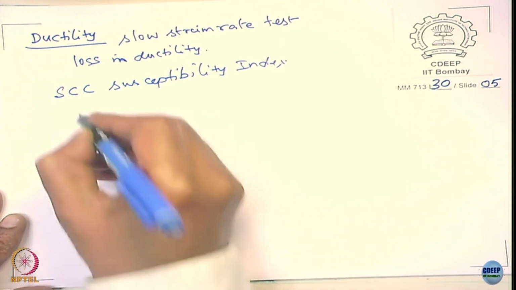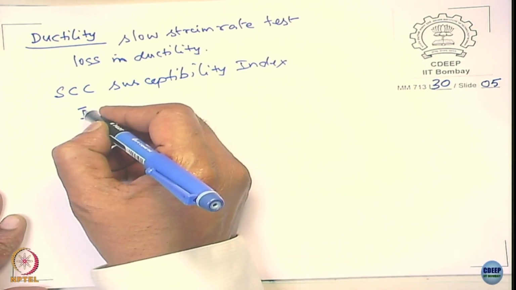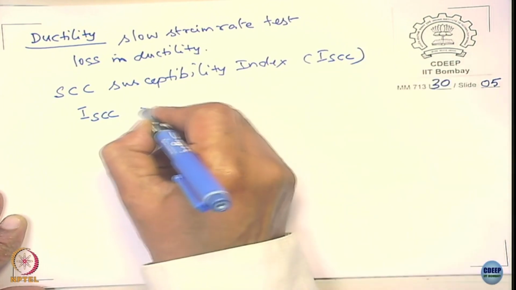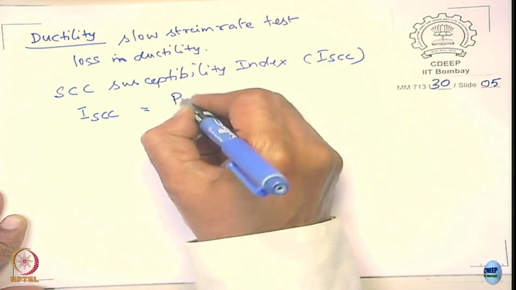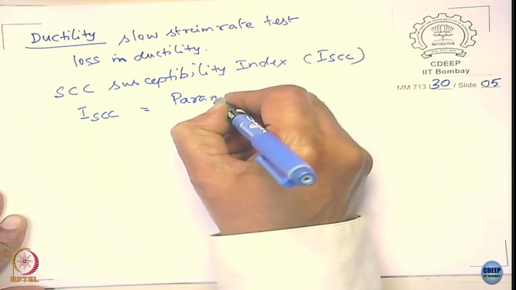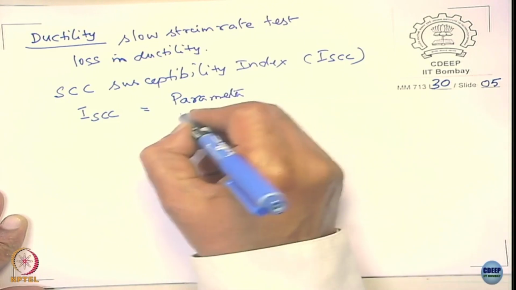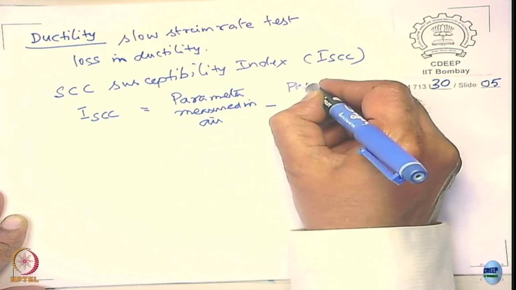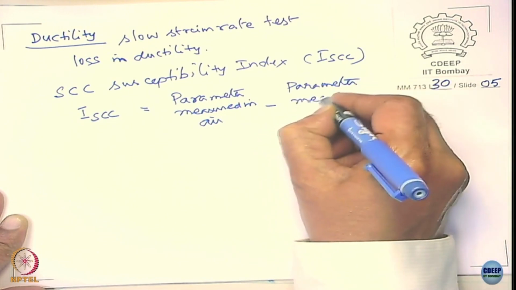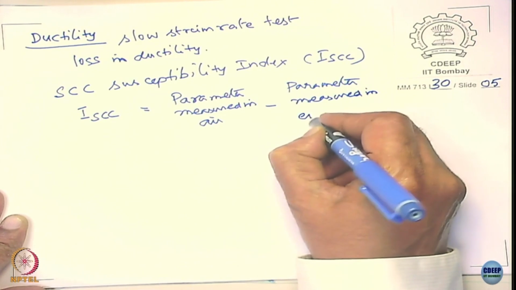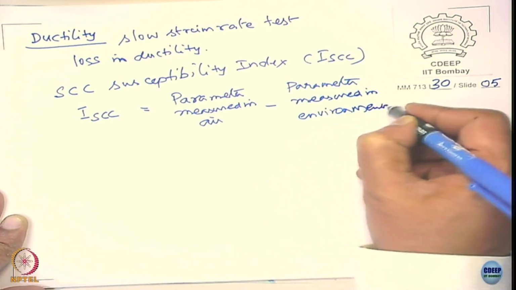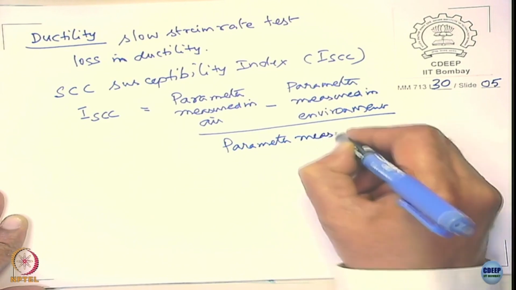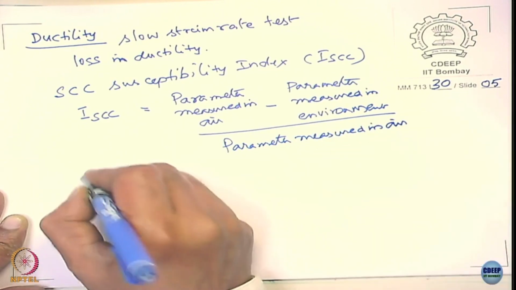The term that is used, and if you attended the other course I might have discussed it in detail, is given as the parameter measured in air minus the parameter measured in environment, upon the parameter measured in air. This parameter can be anything,